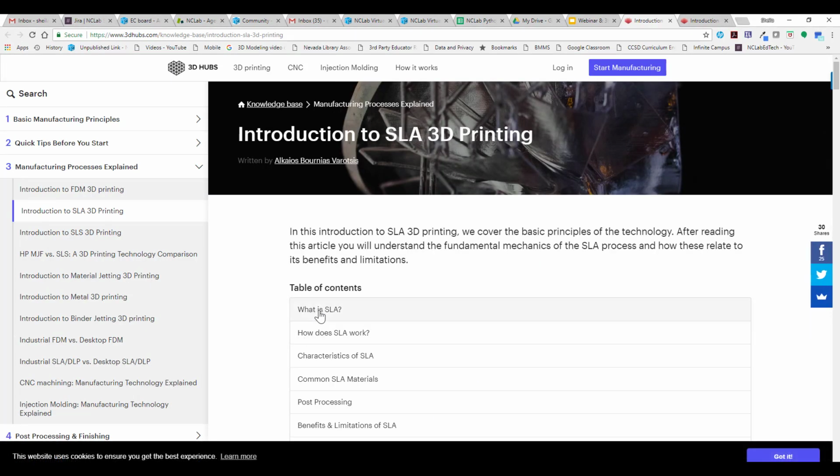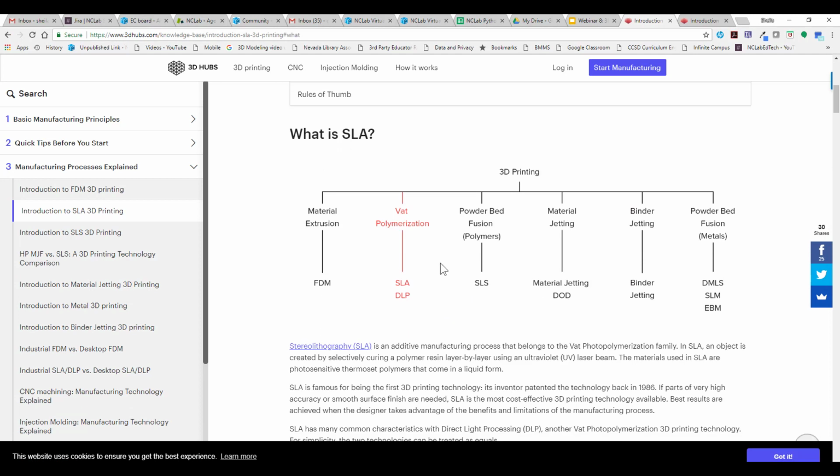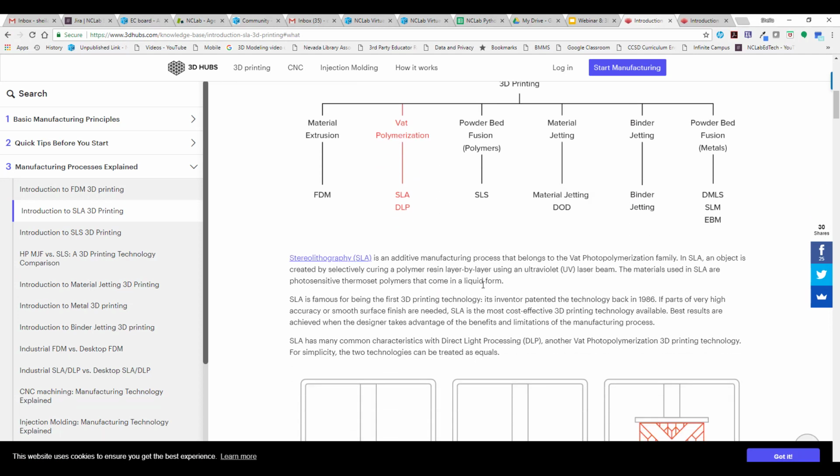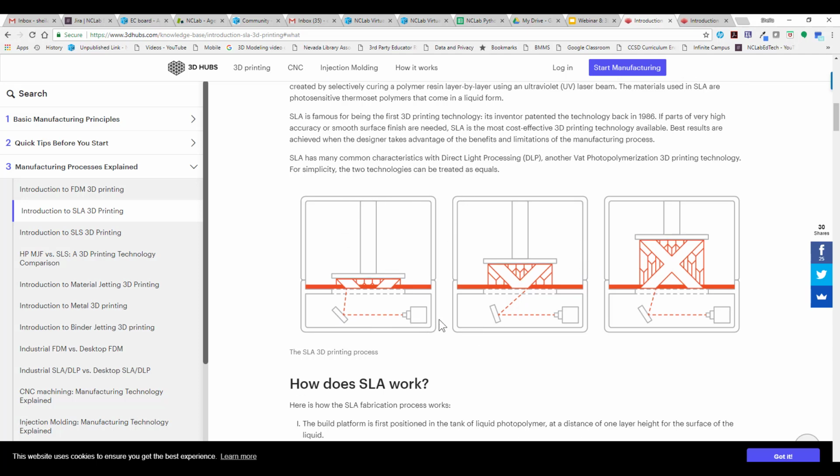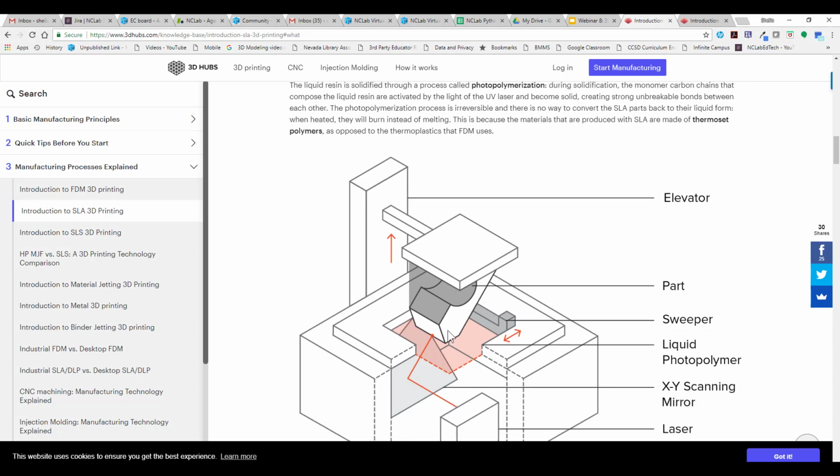Here again is 3D Hub's take on things. They explain SLA as a vat polymerization process and go into some detail, and there's your model, and you can see it being pulled up out of the resin. This time it's being treated from below. Remember, in the SLS process it was treated from above. So this is being pulled up,